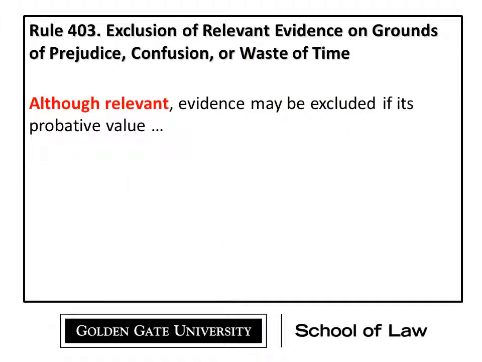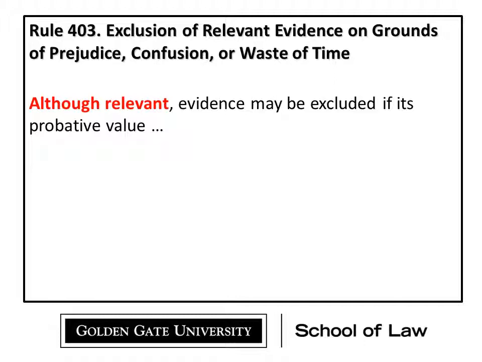Let's talk about it. Here's what the rule says, and you notice it says "although relevant." It starts out with "although relevant," and the reason for that is simple. It's already cleared that first hurdle. It's cleared that very liberal evidentiary hurdle that we know about. This evidence has, as we learned in 401, some tendency to make a fact of consequence more or less probable than it would be without that evidence. It's a very low threshold. Any tendency at all to have any fact of consequence. So we expect a lot of evidence to overcome the relevance hurdle as a liberal standard and a very low hurdle. But this is saying even the stuff that clears that first hurdle, that 401 hurdle, evidence may be excluded